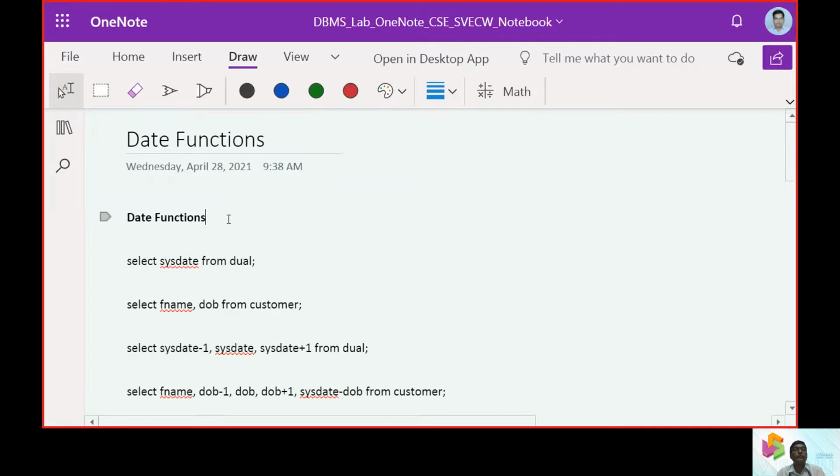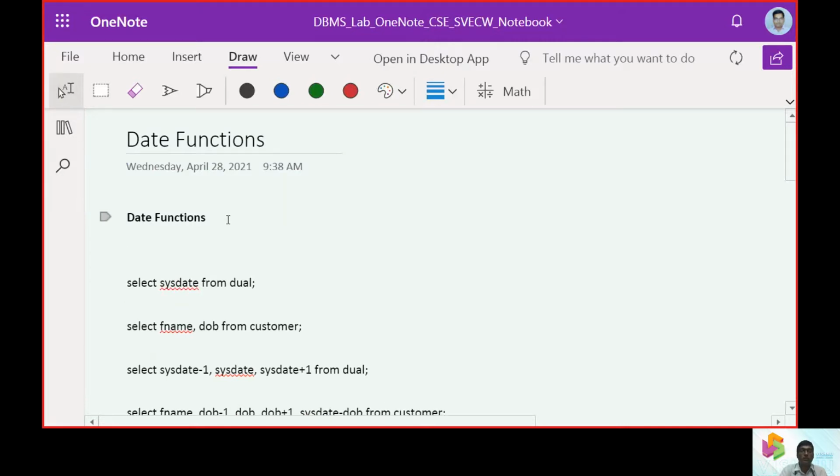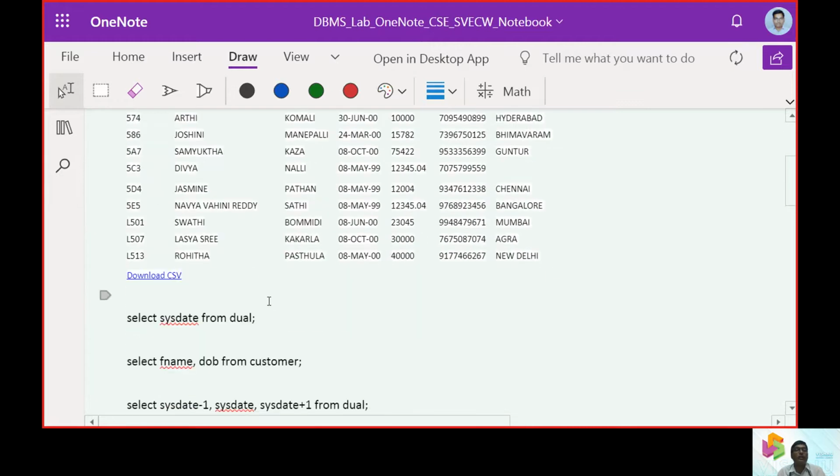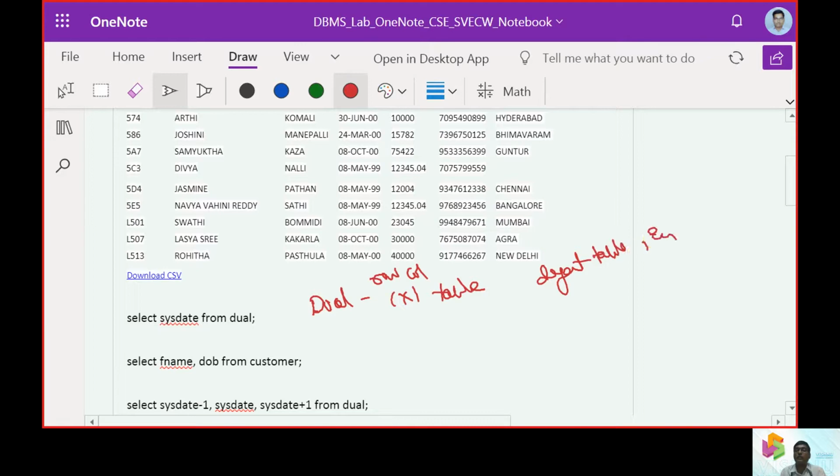So we need to put the things under the date and time functions. First of all, we should understand what dual is here. Dual, as mentioned, is a one by one dimension table, one row and one column. It is a default table, or we can say an empty table in the SQL prompt.